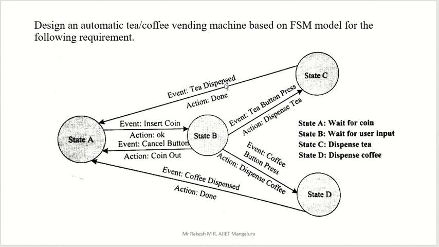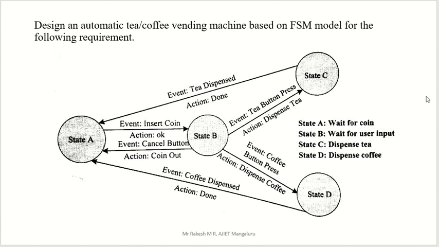Otherwise, if this state or this event or action is not there, you stay in dispense tea itself, because you can't come back to the main screen. This is there in your ATM also, right? Once you use your ATM, it comes to the main screen again, that is the welcome screen again. Once whatever is required is dispensed, it comes to the main screen again. So we have to give that option, otherwise it will get stuck there. Instead, the machine will come to the original state.